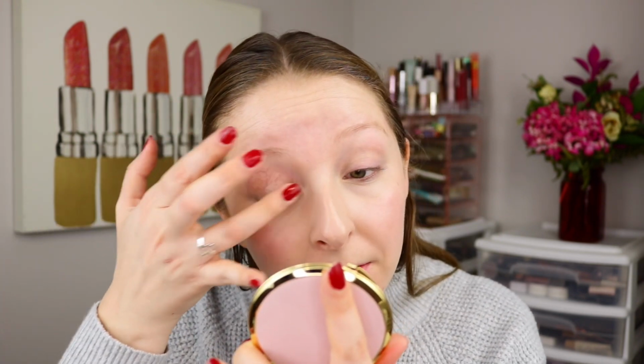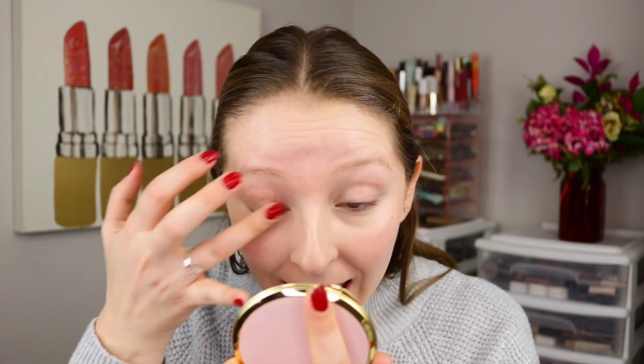And then with a little bit that's left on my finger, I'm just gonna go ahead and blend it over the eyelid to prep my lids for a bit of shadow from that adorable kitten palette. Okay, my skin is looking and feeling amazing, but let's continue on with the face. I've got one more product here that I want to apply to my face before moving on to the eyes,